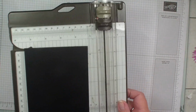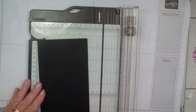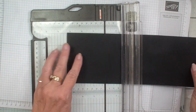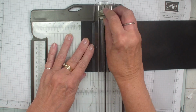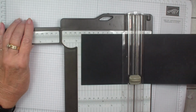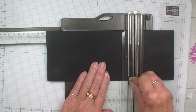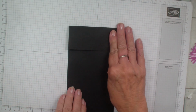I'm going to start out with a piece of 4 1/4 by 11 piece of black cardstock, and we are going to score it at the 2-inch and the 7.5. So 2-inch, move my arm out and move over to 7.5. And it's just a basic, uneven, what I call gatefold card. So we're going to fold these down like so